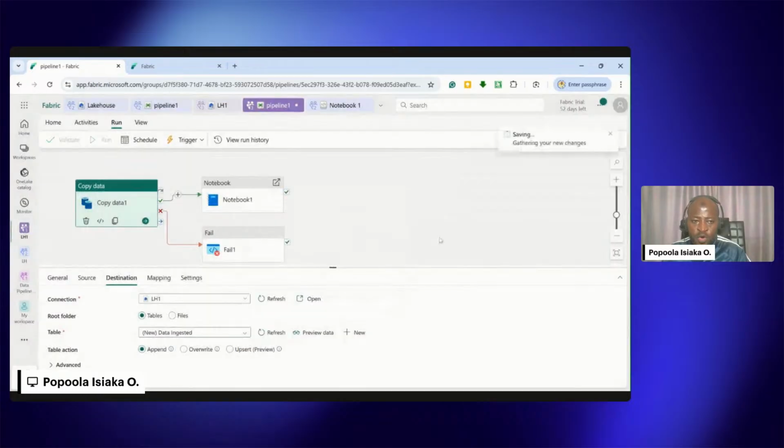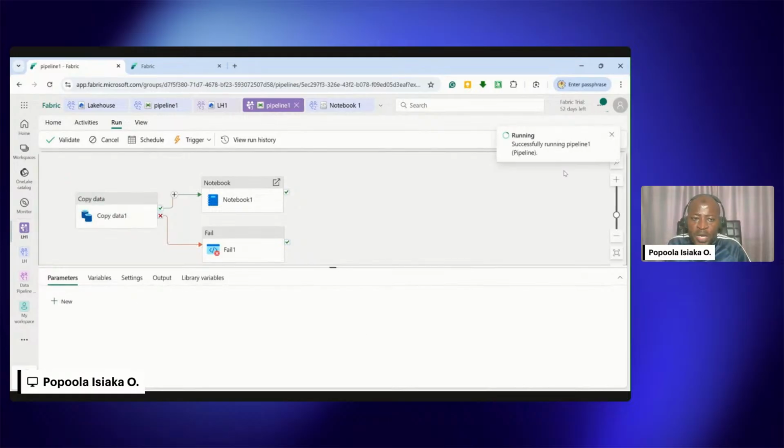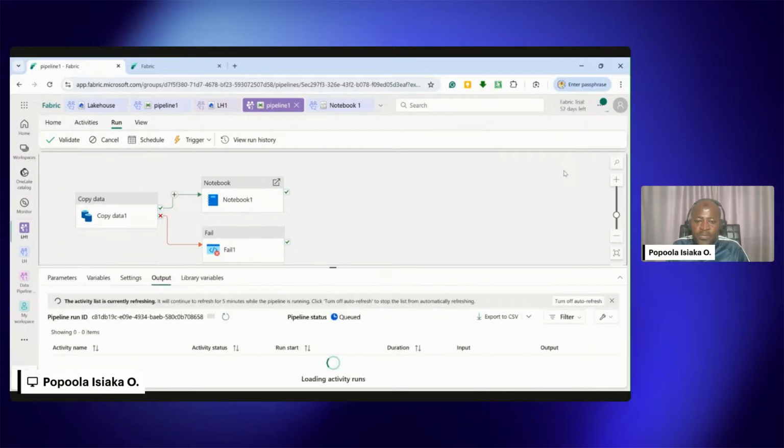If we run, then it is now running. That is, our validation was successful, meaning that there was no error. And then what is now going on is that we are running the pipeline. That is, carry out that assignment. Now, if you look downward, you can see that under output,